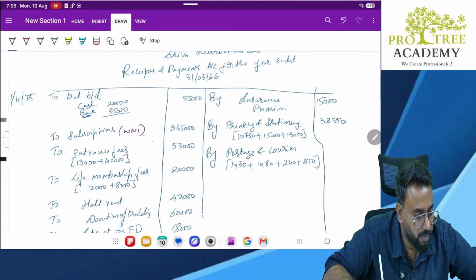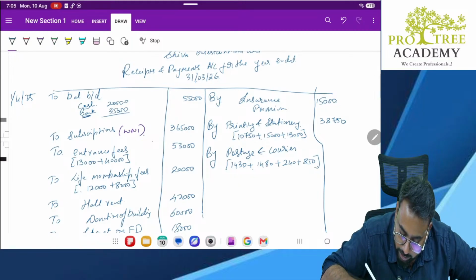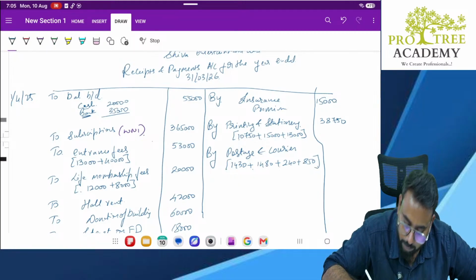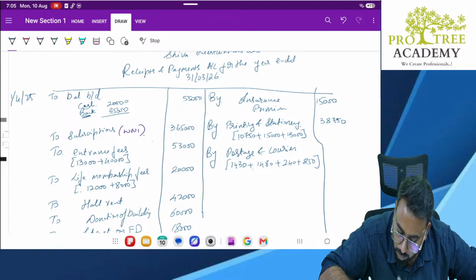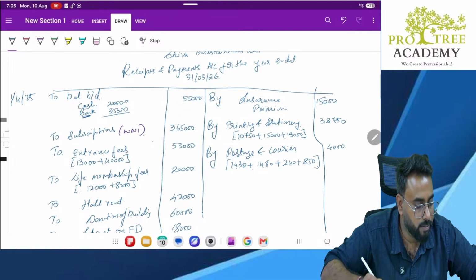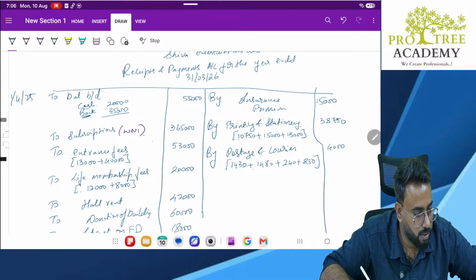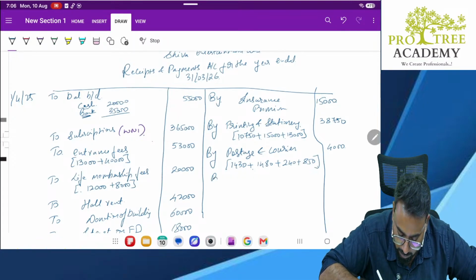What is the figure? Has anybody totaled? 1430 plus 1480 plus 240 plus 850 is nothing but 4000. Okay? Printing is done, postage is done. Next is telephone expenses. By telephone